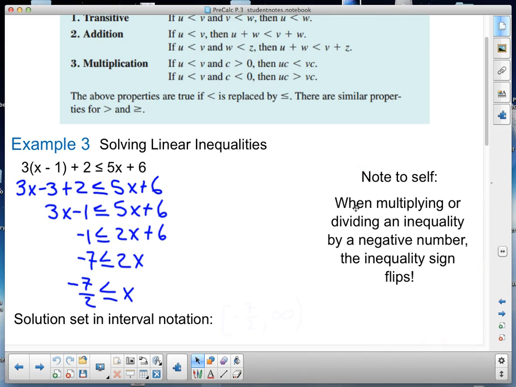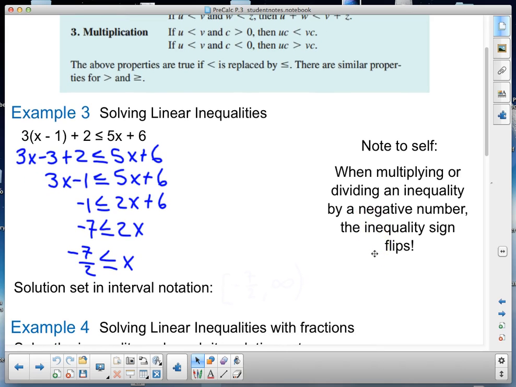Note to self, when multiplying or dividing an inequality by a negative number, the inequality sign flips. Okay, that's the idea of the sense. So keep that in mind as we're going through. You can just work with it as you're going and just keep in mind what's happening with it as you